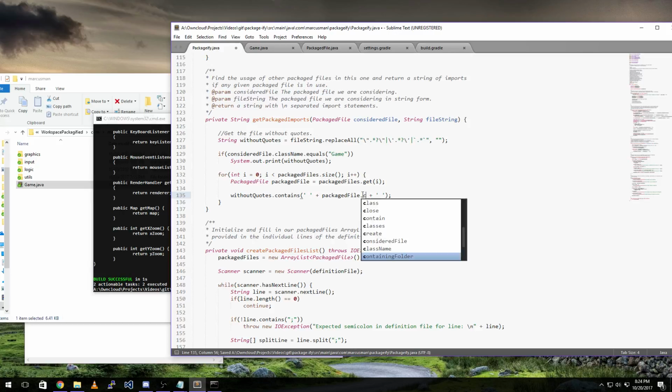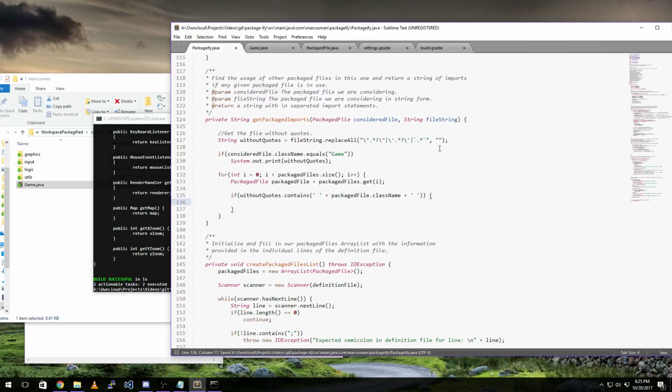So if it contains the class name separated by a space after we do this, then we can pretty much assume at this point, I can't think of any other example where this wouldn't be the case. So if it contains the class name in all uppercase like this, with a space before and after, we know that we're declaring a variable at some point with this, or returning this. There are a lot of different cases, but in any of those cases, we'd need to import it. So if this is true,